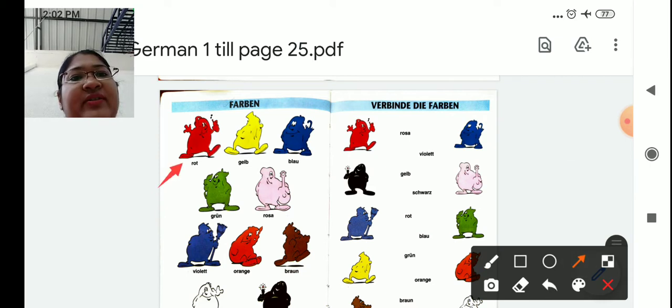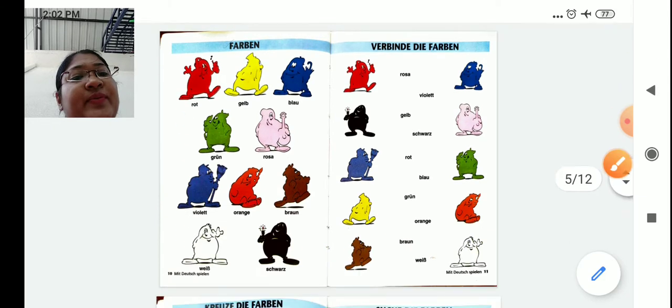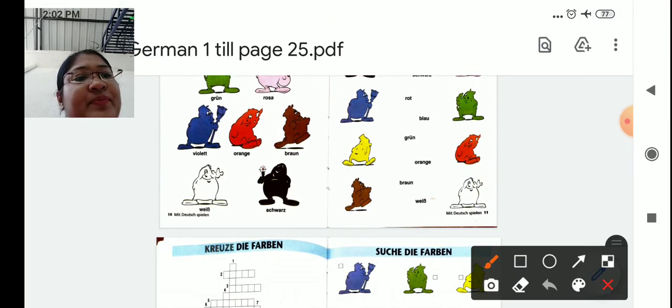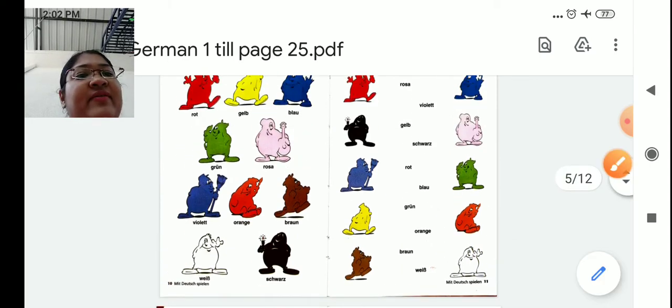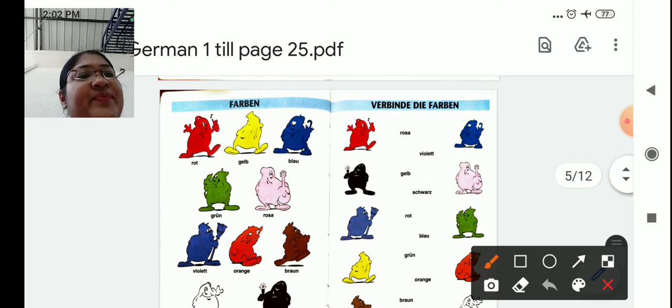Rot, red, gelb, yellow, blau, blue, grün, green, rosa, pink, violet, violet, orange, orange, brown, brown, weiß, white, schwarz, black. So again they have given one activity related to this.